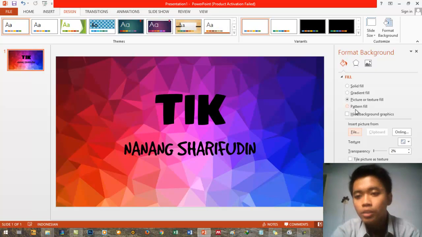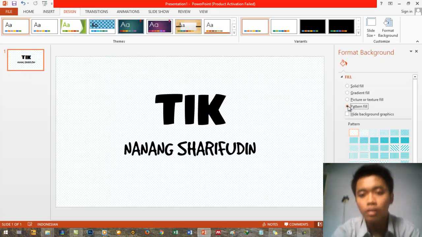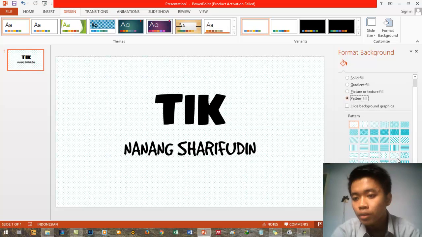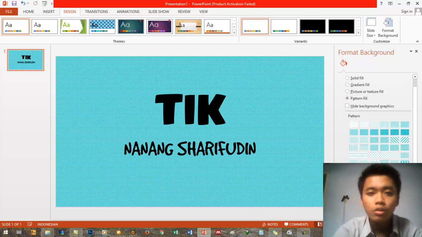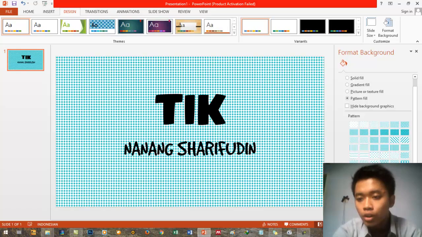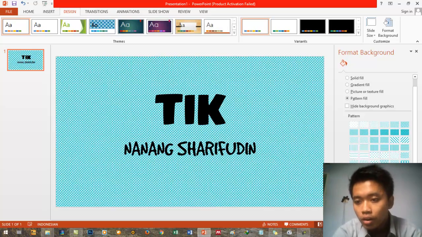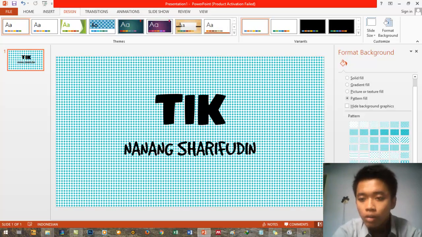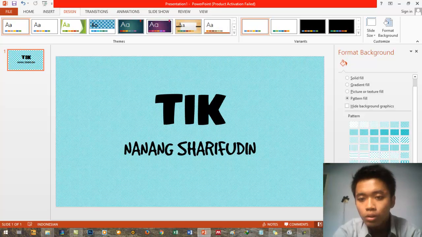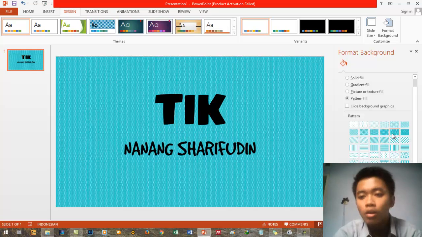And the last is pattern fill. In the pattern fill, there are a lot of patterns provided by Microsoft PowerPoint itself. You can choose in here. There are a lot of types, a lot of options, and we can change the color of the pattern.